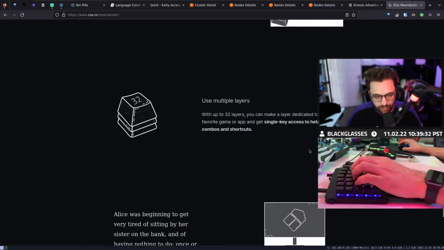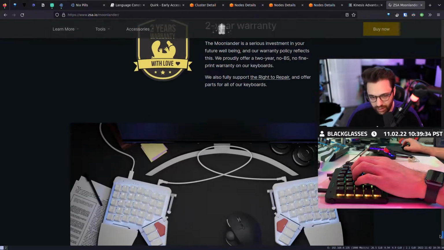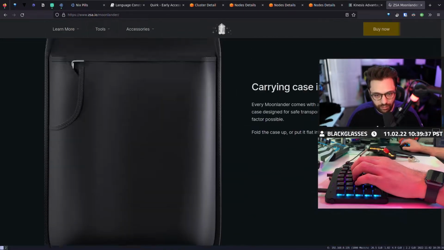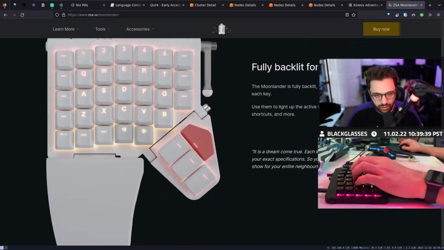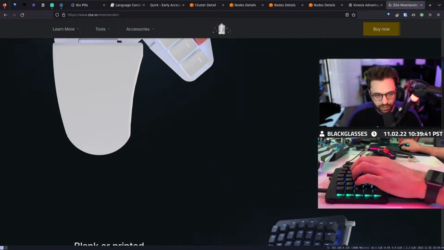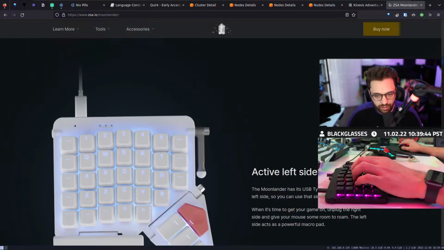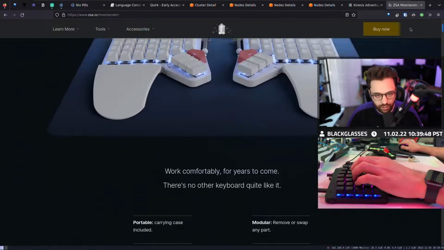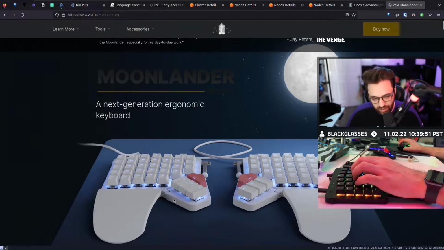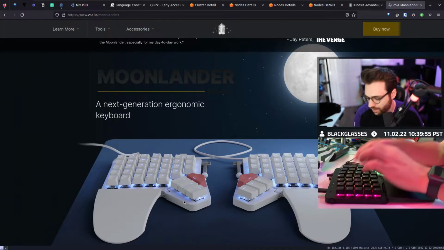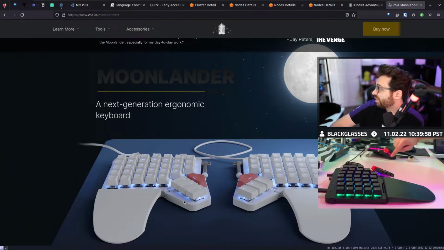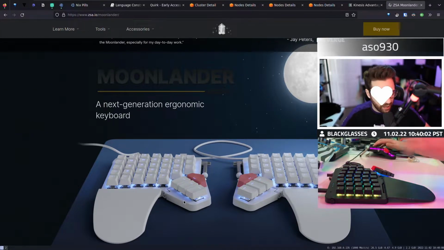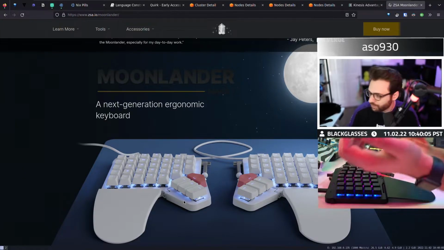Come on. They used to have an interactive thing that showed the tenting while it was being done. Hot swappable, mechanical, black printed, left side columnar, 2 halves. Well, anyways, these thumb clusters here, they tent. As a matter of fact, if you look at my keyboard, you see how my thumb cluster is really angled, and then my keyboard is straight. That's because I personally like my hand.